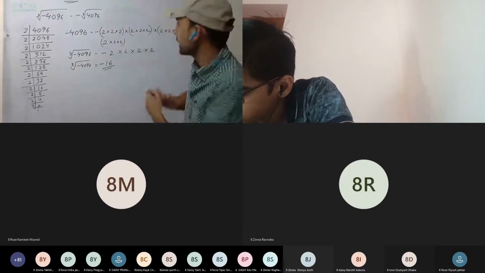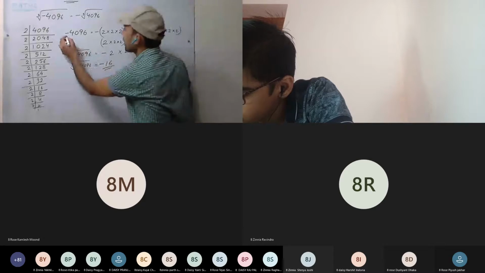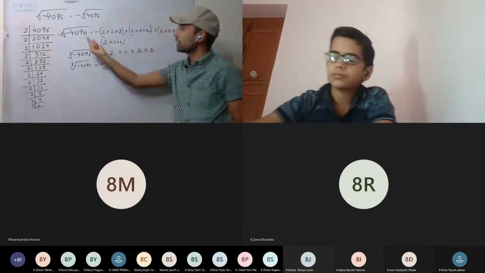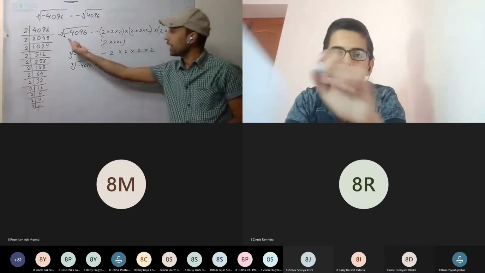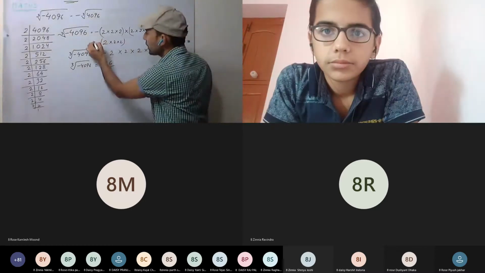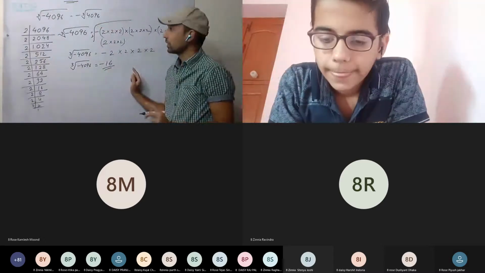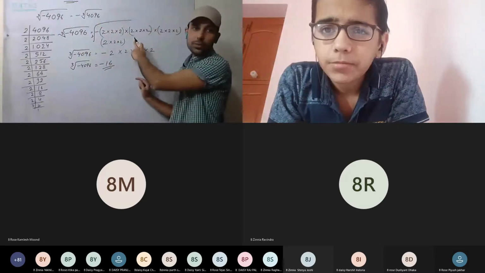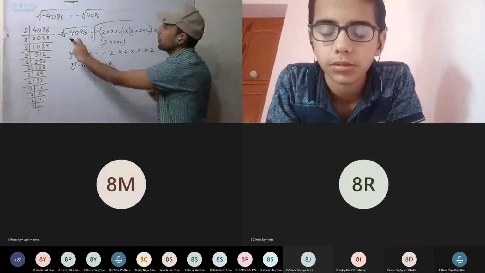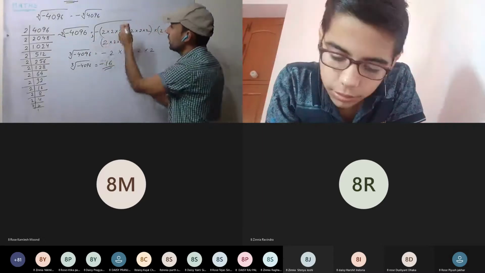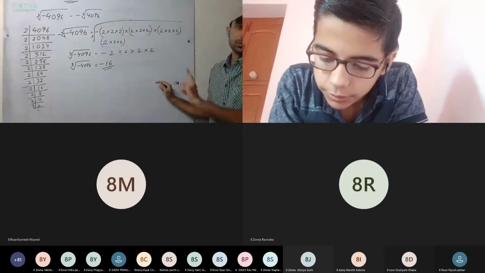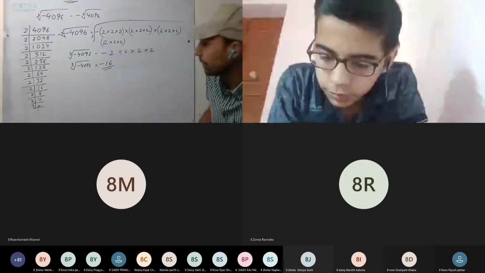Now as you put the cube root, we have to take one 2 from each triplet. Okay, don't write it like this. I have seen a few students doing it like this. This is wrong. If you put it like this, then you have to put the cube root on this side as well. Is this clear? Because left hand side must be equal to right hand side. So always remember, if you are putting a cube root here, you have to put the whole thing under the cube root. Is this clear?